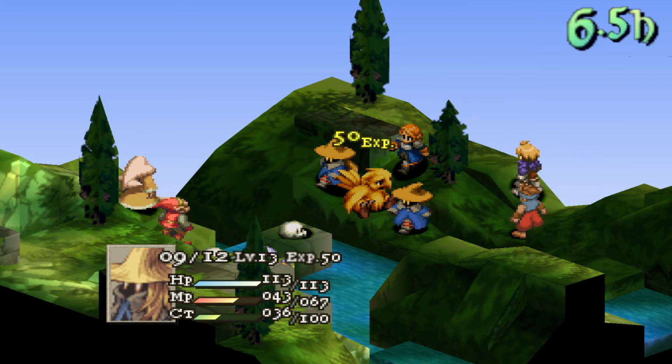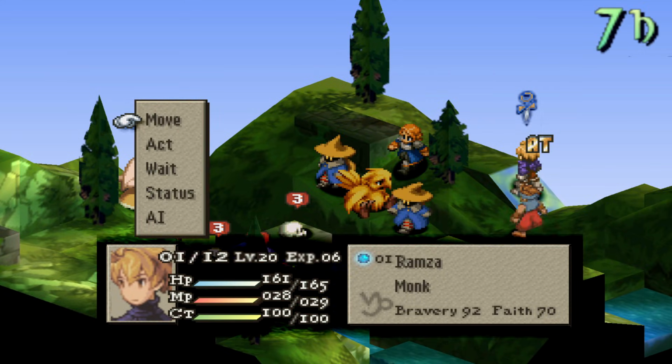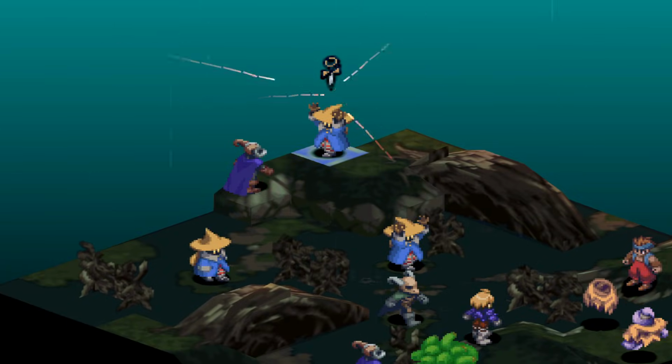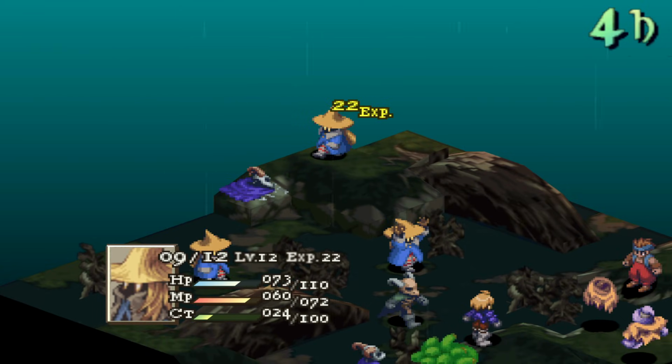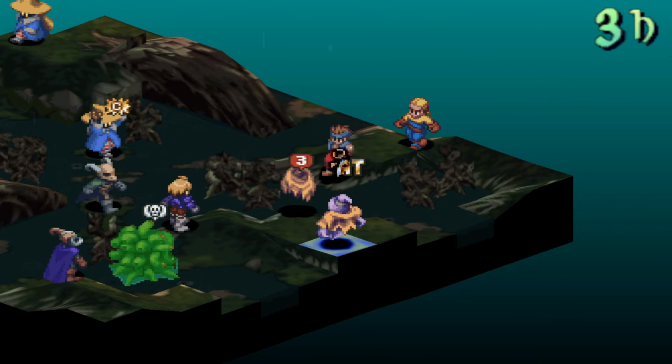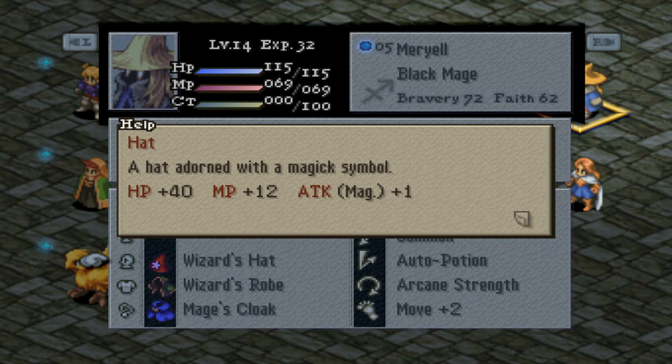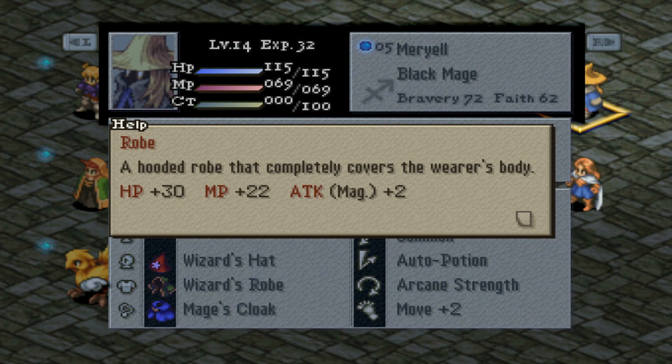But you can always manually increase any unit's faith with Preach from the Order. Just pray for good or best Zodiac compatibility. And make sure not to increase it above 94 for all your other characters besides Ramza, as they will leave forever. Now for your abilities, absolutely learn the tier 2 and tier 3 spells like Thundara and Thundaga, and use